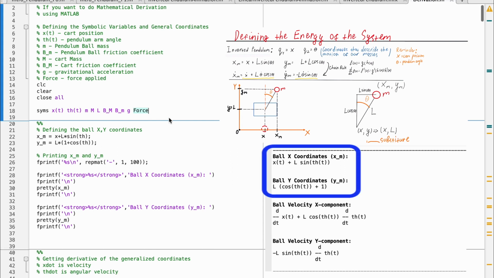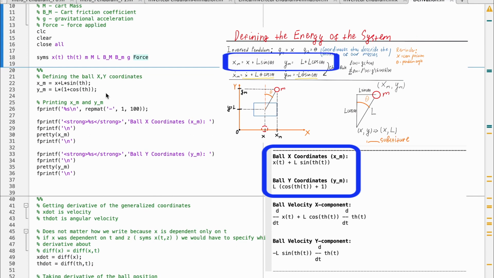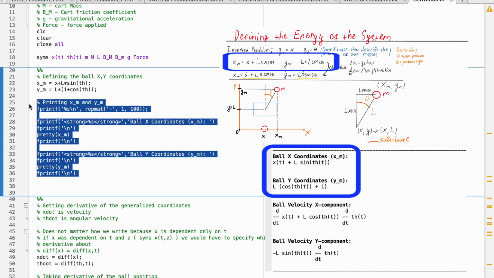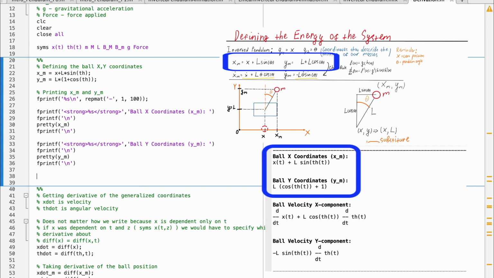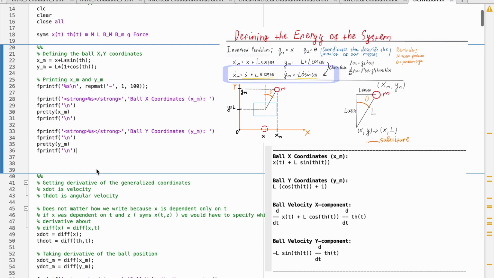So first, we're going to define the ball coordinates in xm and ym and output it in the command window. We format our output with fprintf and make our variable-dependent equations pretty by using a Matlab built-in function. Conveniently, it's called pretty. Now that we have ball positions, we can define its velocities by taking the first derivative